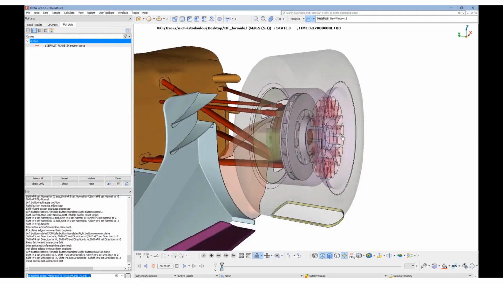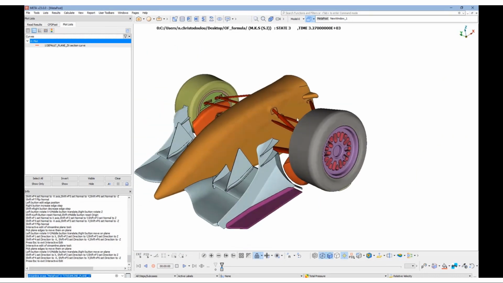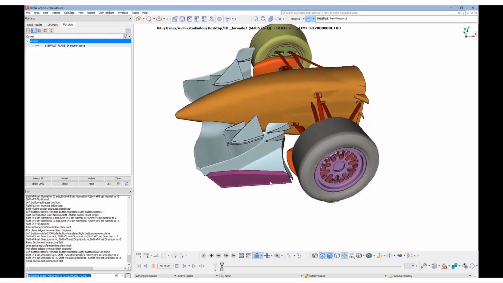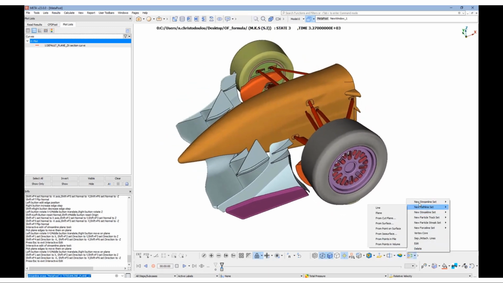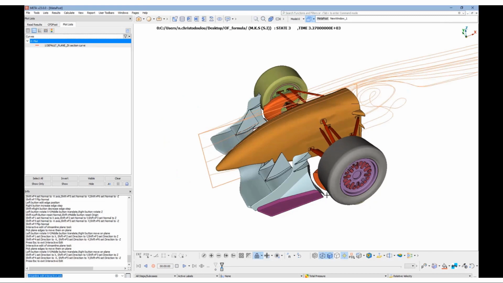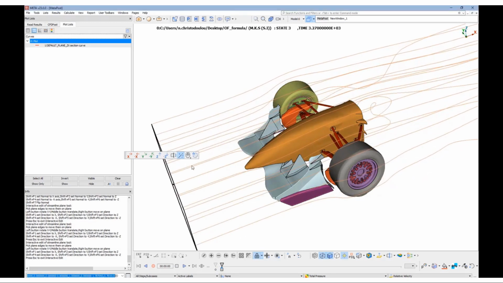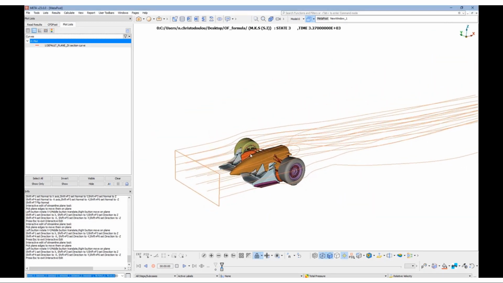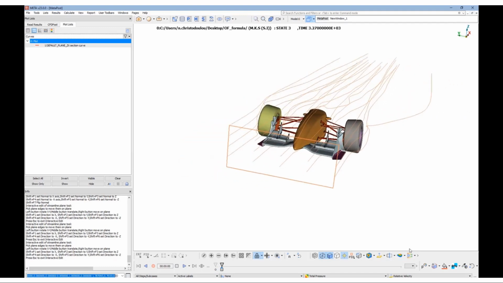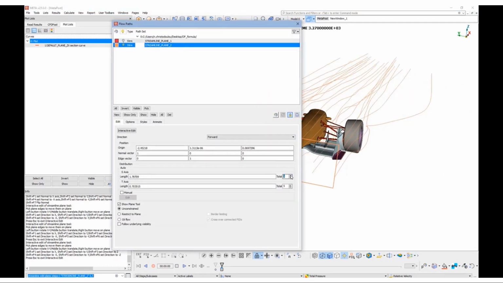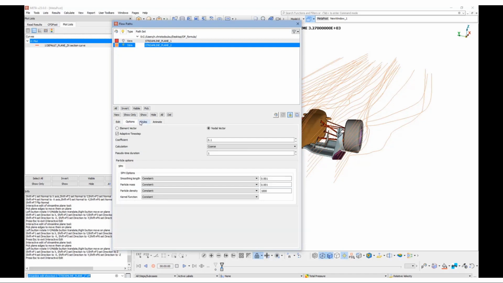Moving on, let's hide the streamlines and remove the transparency. And let's create now another plane of streamlines. I will change the orientation to the x-axis, and I will also move it to place it at the correct location, change the number of streamlines, and we will activate again the shade and the fringe coloring.